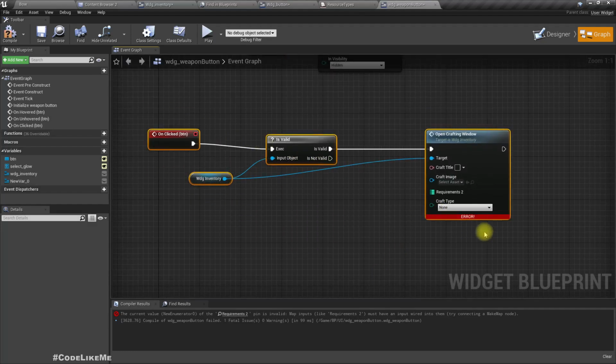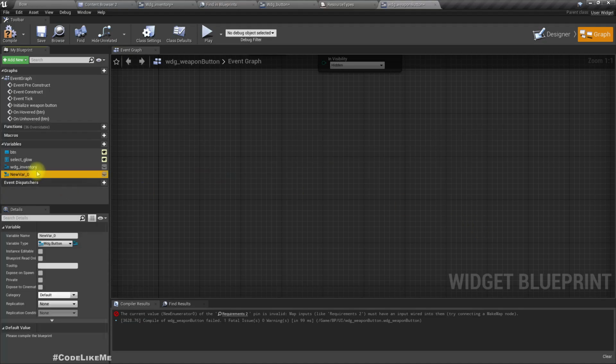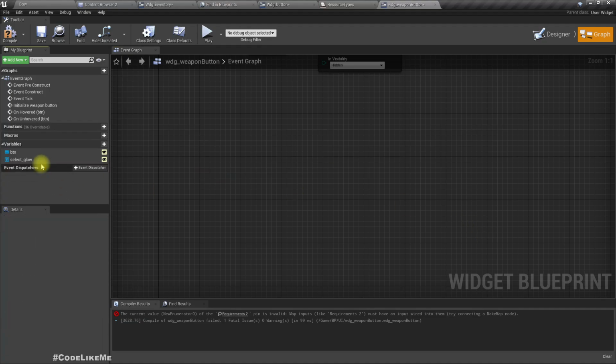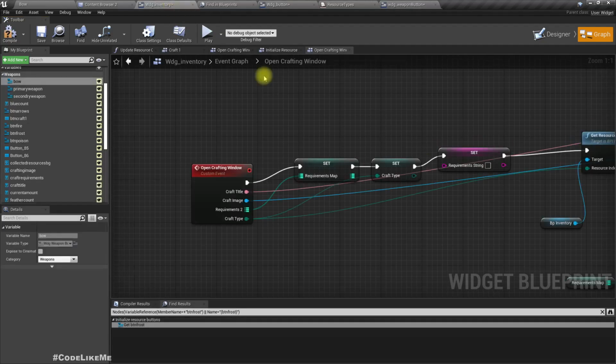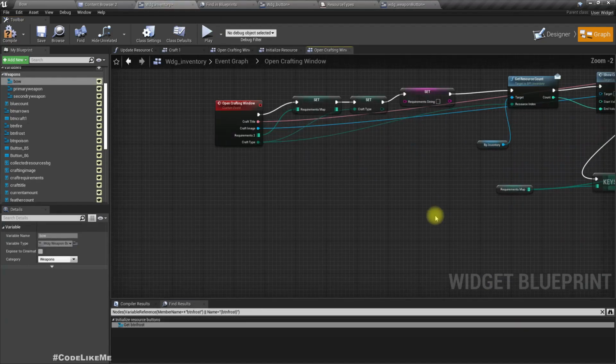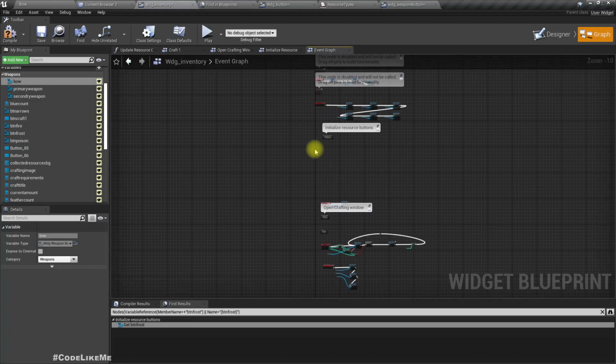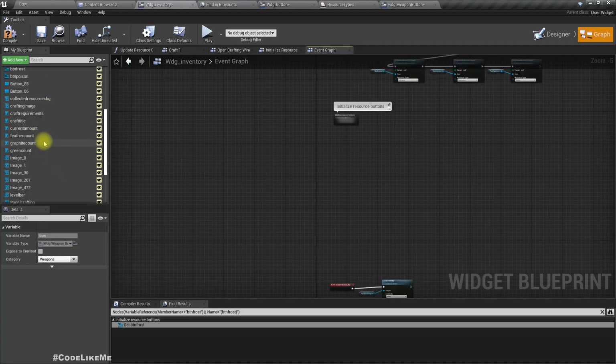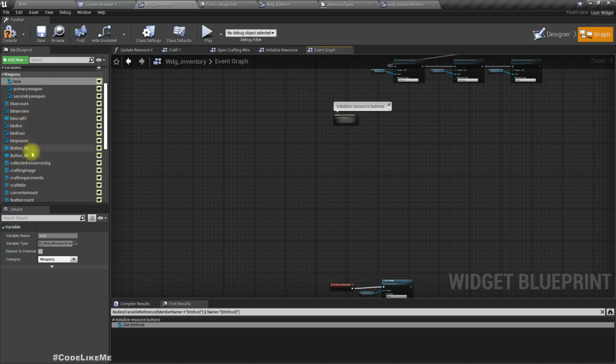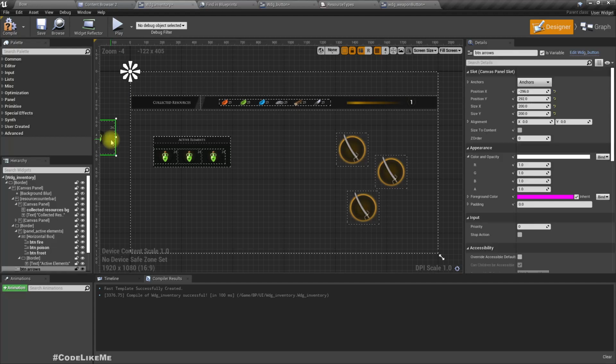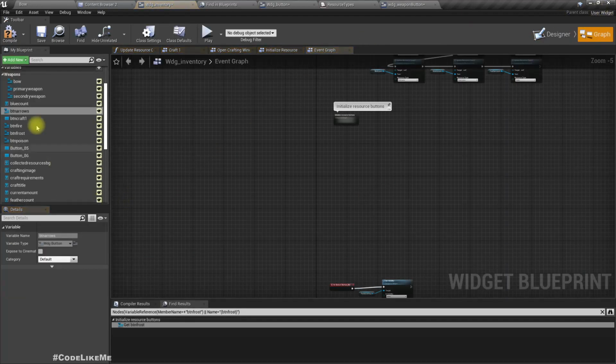So let me delete this part completely and delete this inventory and everything, and go back to inventory widget. Right, now here we have the arrow button, which is btn arrows, get a reference, and also